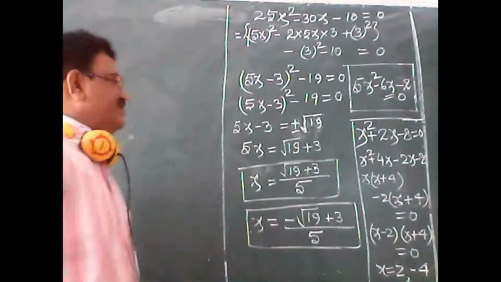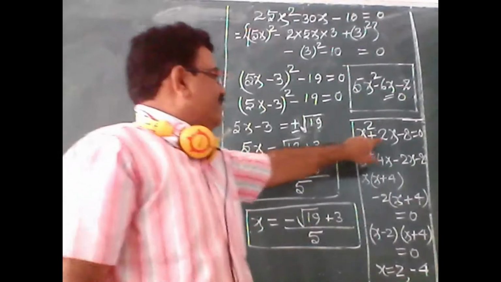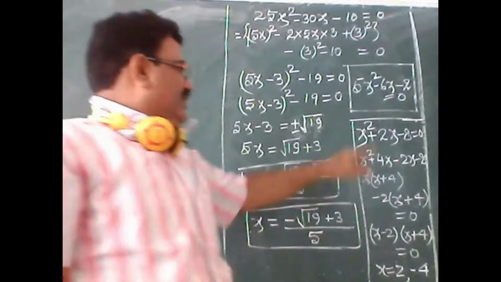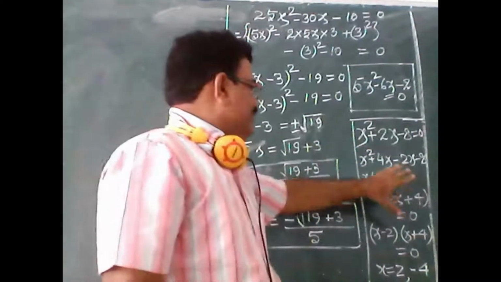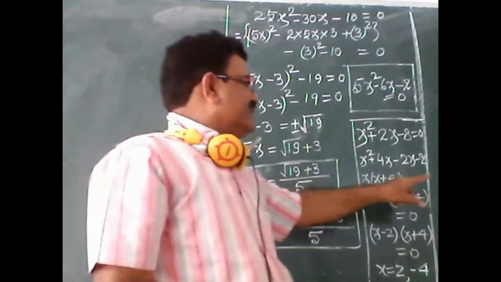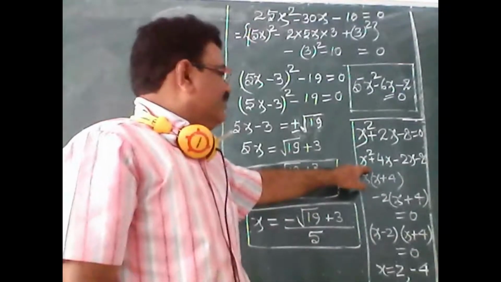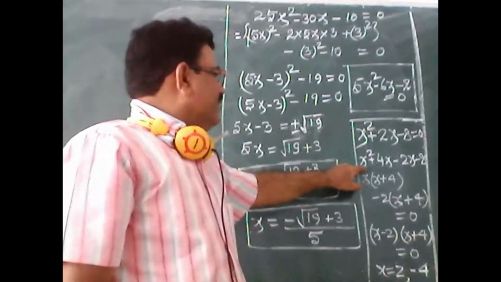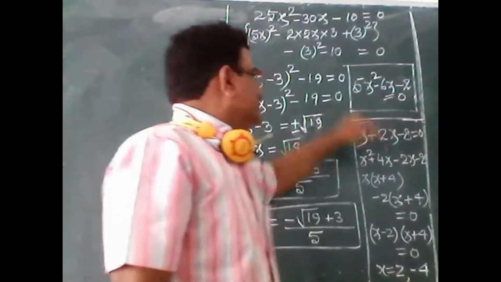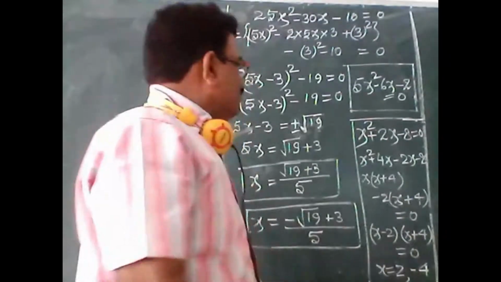Students, just see, if the equation x square plus 2x minus 8 is equal to 0 is given, just before this we have studied that its solution can be obtained either by factorization or completing the square. First of all, I want to discuss the factorization method. So x square, the coefficient of the first and the last term can be split into two terms by factorization.